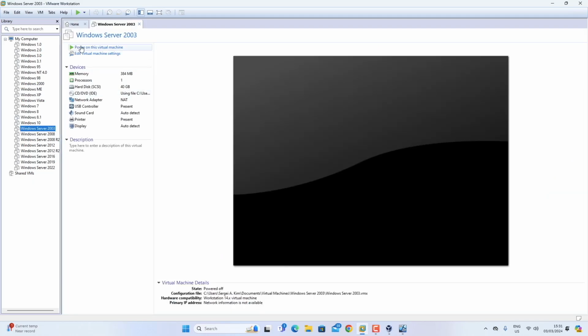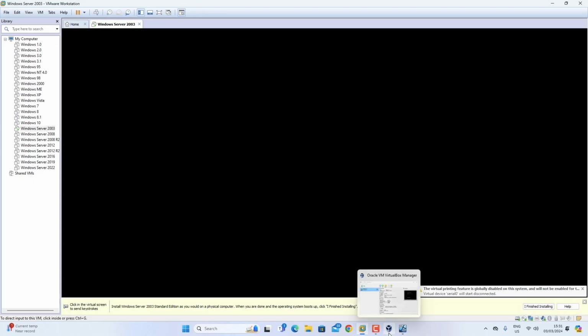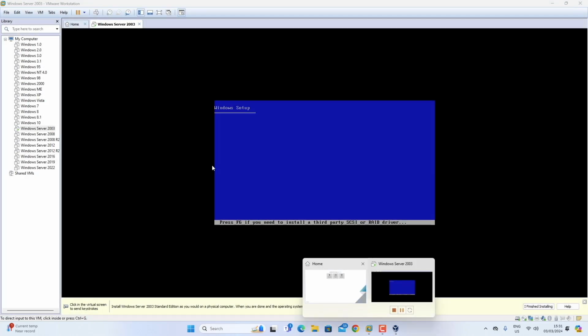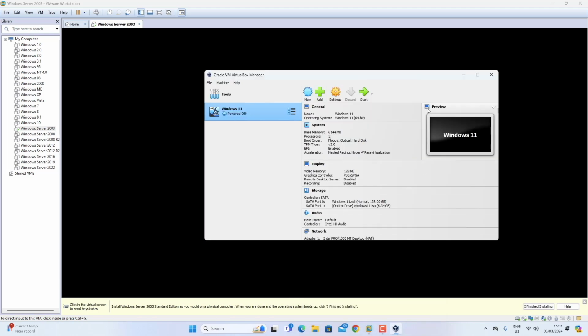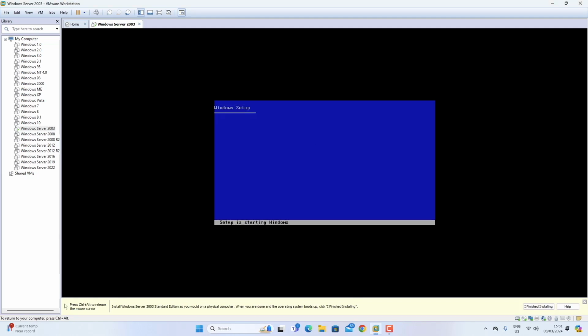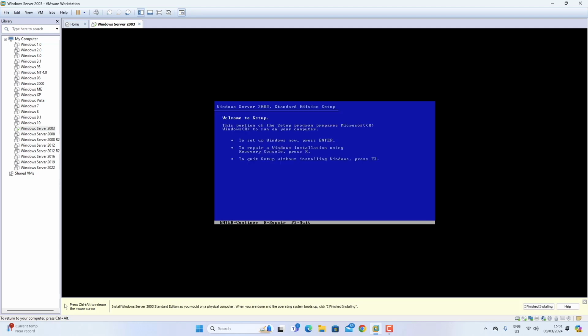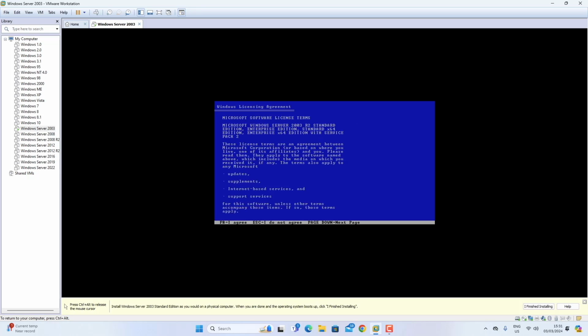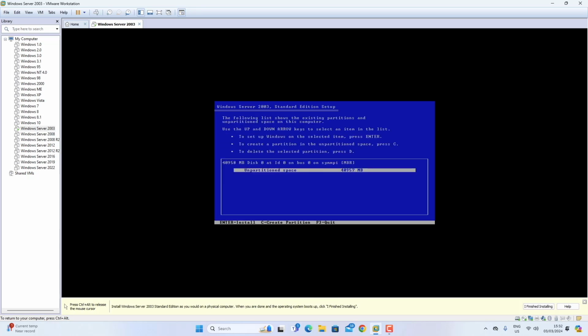Why not? We're installing Server 03. Basically, another name for Windows XP Server Edition, because it does run on the same skin and architecture as Windows XP. So basically it is quite similar to Windows XP in many things, and setup is actually starting Windows now. I'm actually going to wait for a while and continue, and F8,